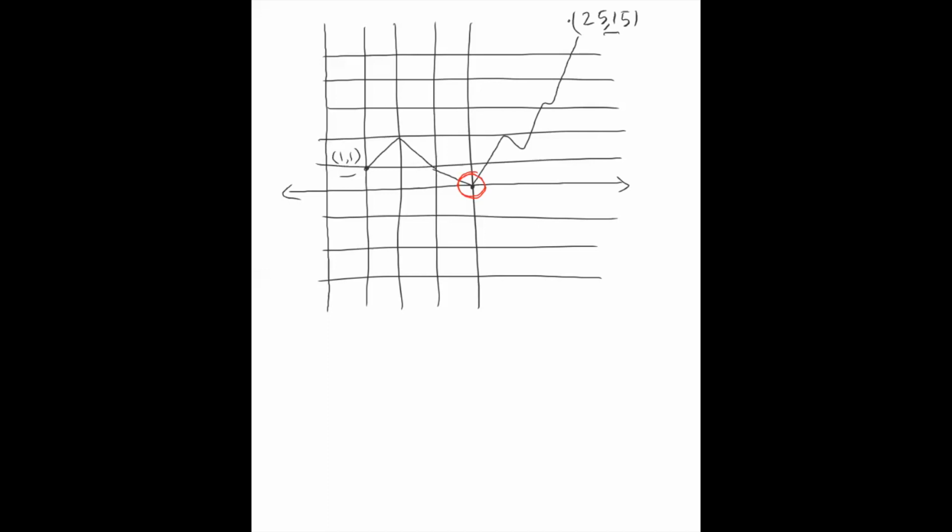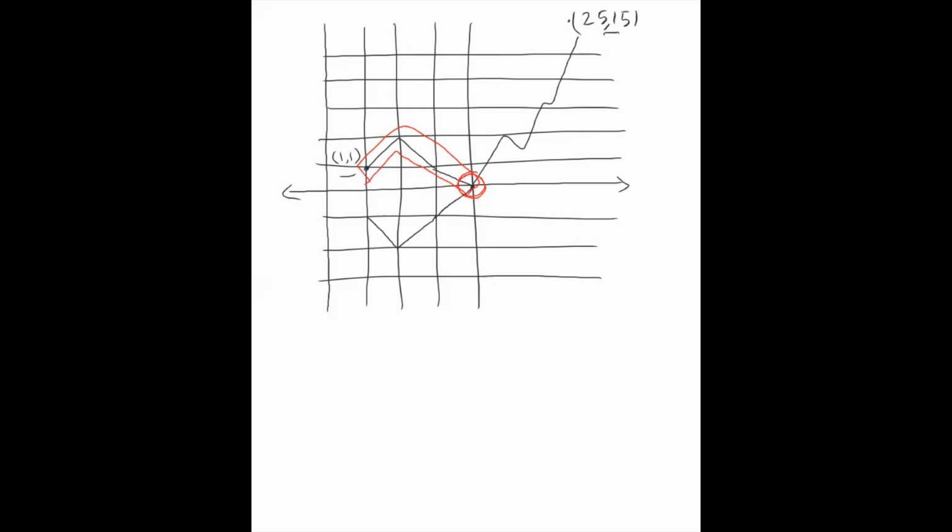So what I will do is take the part of the path before it touches the x-axis for the first time. It is this part of the path, the one circled in red, and I will reflect it across the x-axis. The rest of the path remains the same, and I just reflect this red circled portion across the x-axis. So what do I end up getting? I'm going to get something like this.